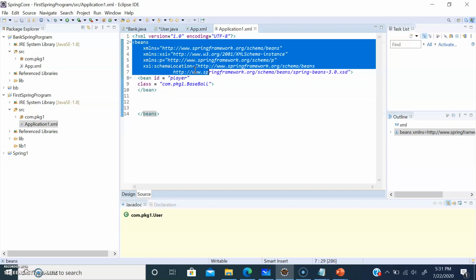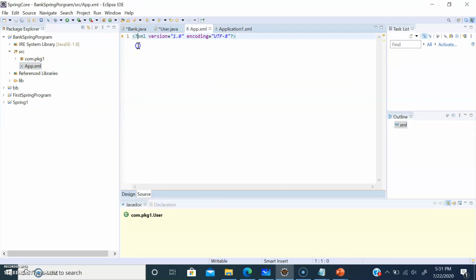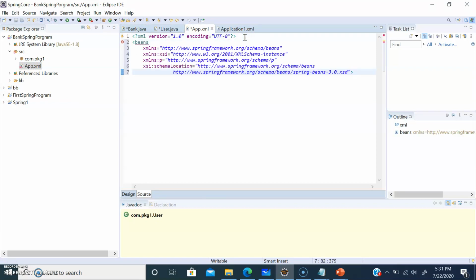You have to copy this line, or you can type it also. We need this line, then only can we initialize the bean object. Inside this we have to declare our bean.